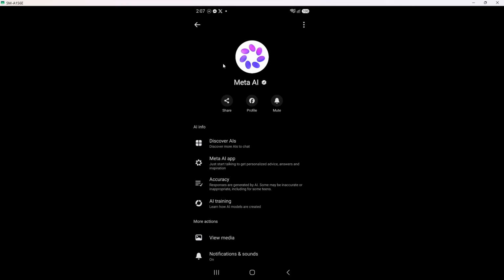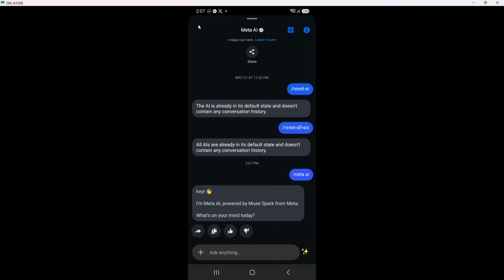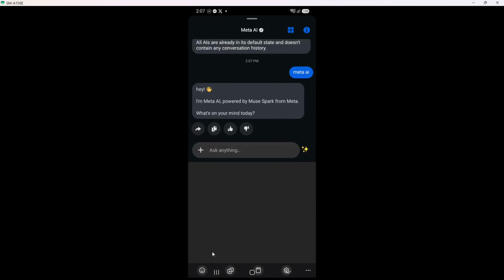Next up, tap Start Chat or send your first message. Some versions of Messenger show a Start Chat button you can press once. On others, the text box is already active, and you can just type a greeting such as hello and hit send. The moment you do this, Messenger creates the chat in your conversation list, so it will appear alongside your normal chats. At this point, begin chatting with the AI.